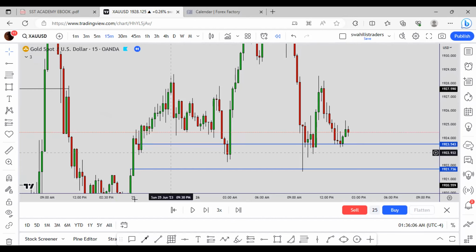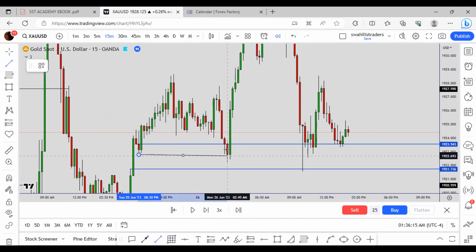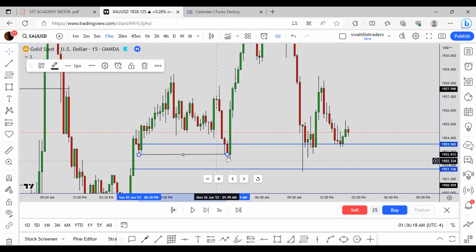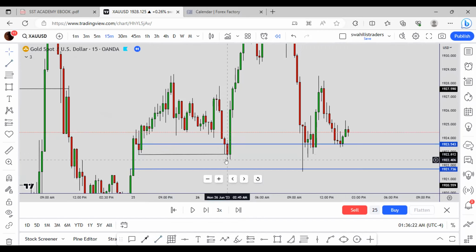But it's not going to be easy for you to identify every kind of liquidity. Sometimes you may lose a lot of money. You may also miss some trades because you're considering liquidities all the time. So here, if you execute your trade there, the only thing that could have saved you is where you placed your stop loss. If you wanted a safe stop loss, and you know this was the fair value gap earlier, you see,